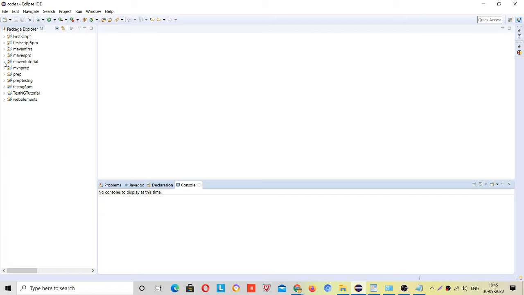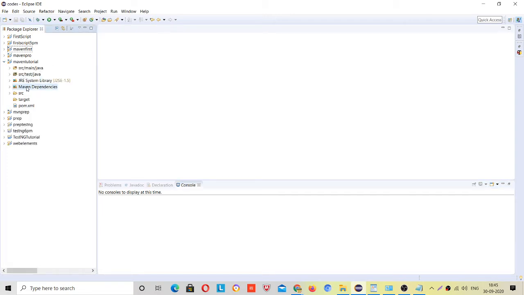Now explore this and try to understand the structure. This we don't have to touch as of now, we just have to create test cases, right? So as of now we will be working with the src test java only, right? When we develop the framework, then we'll touch this one. Currently we don't need this. Then after this is src test, all your test cases will be written under this one, right? So explore this and see.